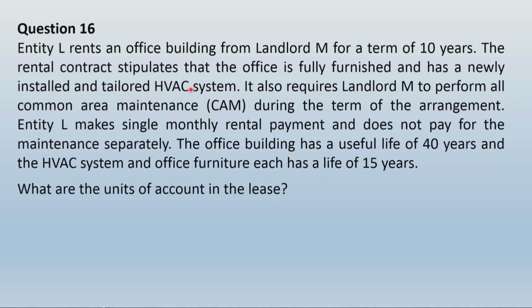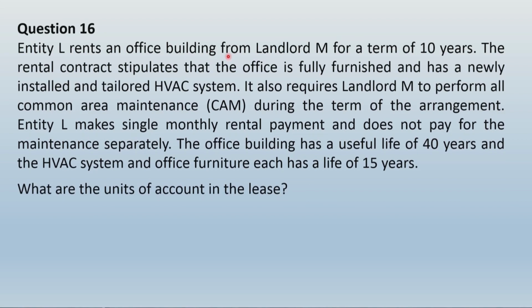Now this HVAC system, can you see it is installed and tailor made. That means this HVAC system is so closely related with the building that these cannot be used individually and independently. The use of the HVAC system cannot be done without this office building because this was tailor made and designed specifically